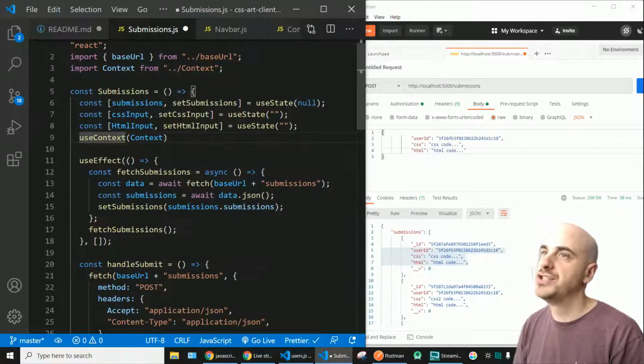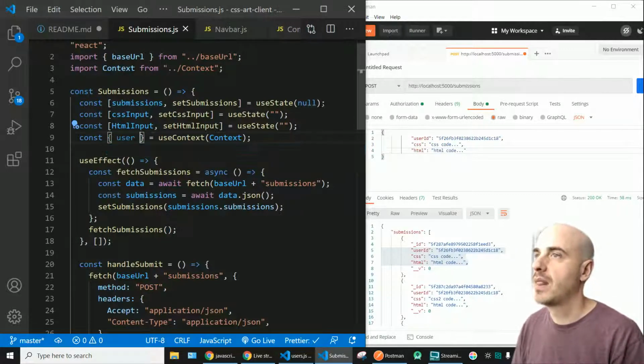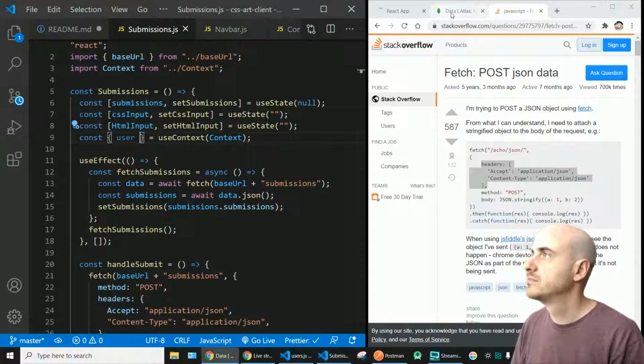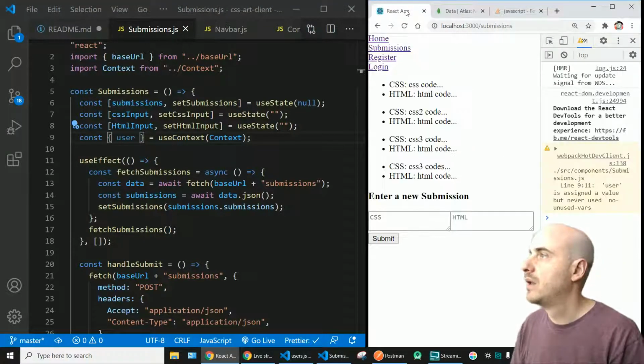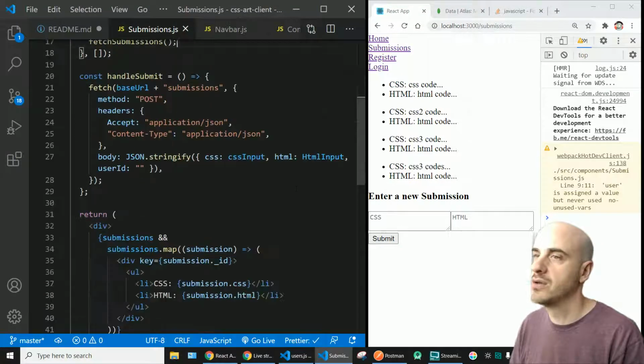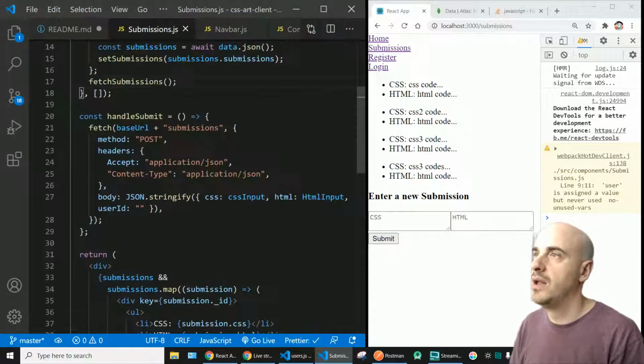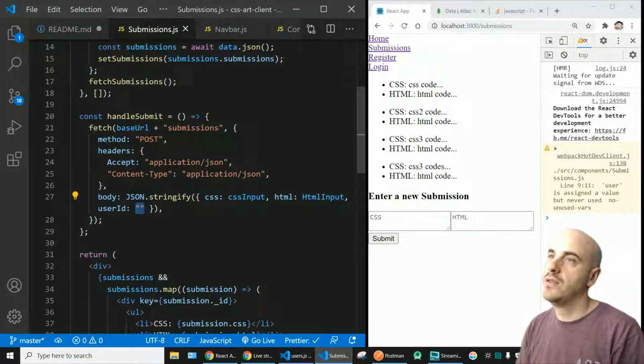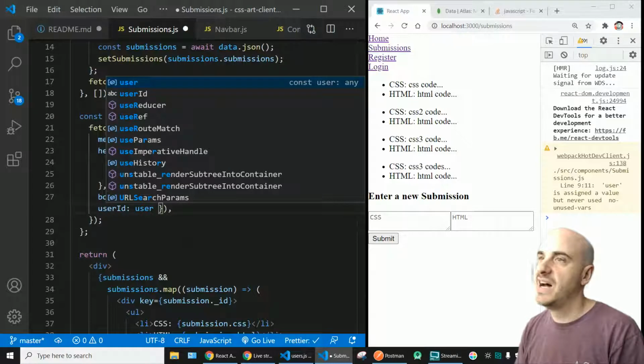And then we destructure whatever we want from there. And what do we want? We want our user. Save this, make sure there's no errors. Okay, we get a warning, user is assigned a value but never used, but we're going to use it right now. And right here, I'm going to put in the user ID with user dot,